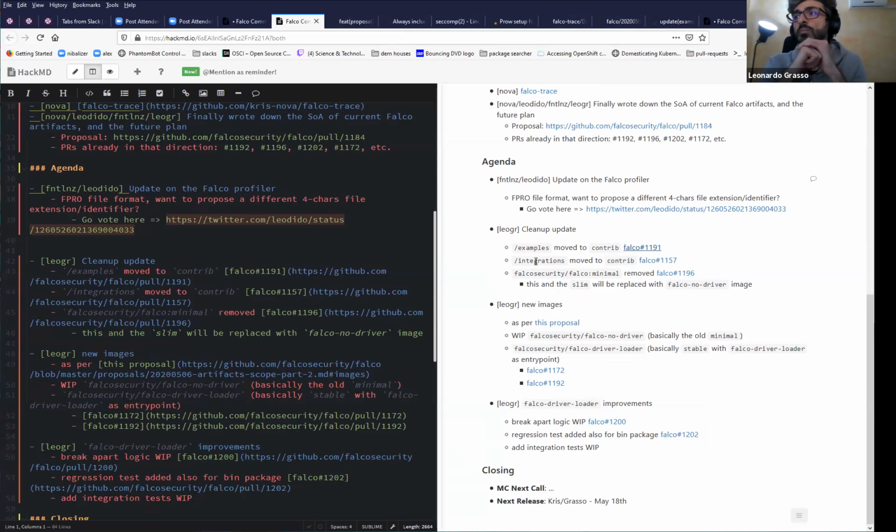Another thing, we removed the minimal image. This PR is already merged, but actually we are just in the process of renaming it. It will not really be removed. Indeed, the minimal image and the slim will be replaced with a new image called Falco node driver. If you can open the proposal,